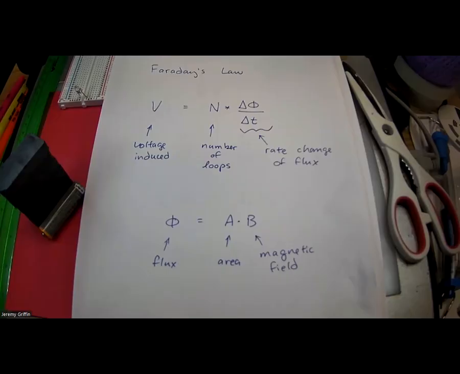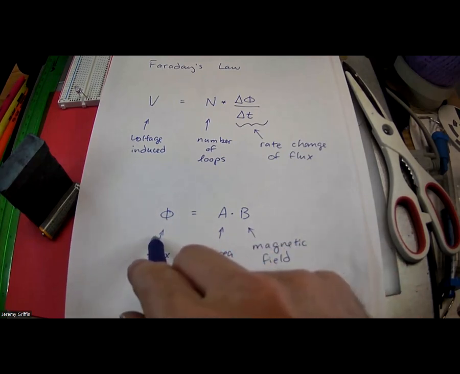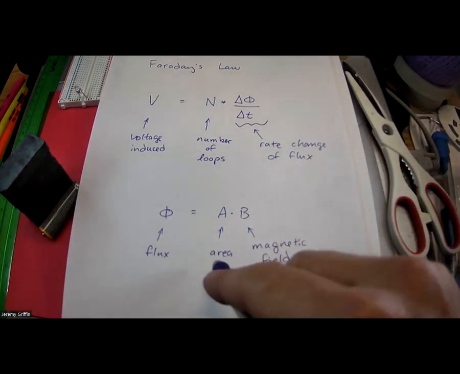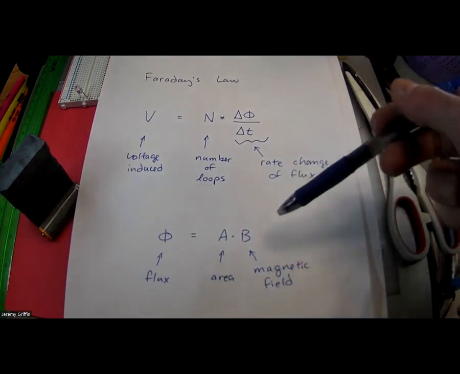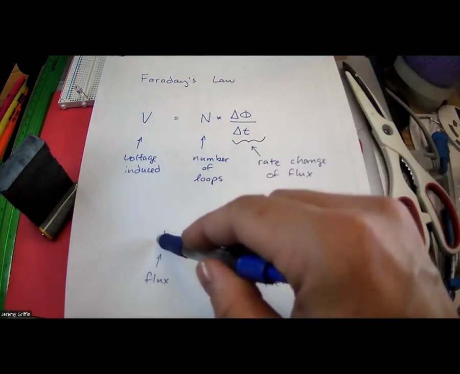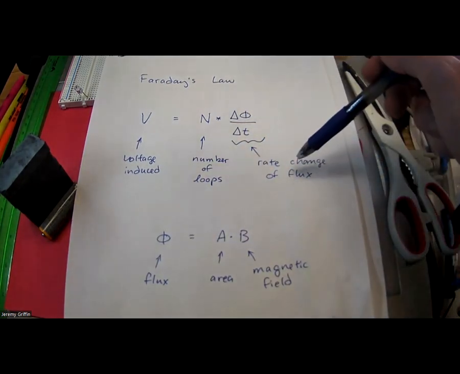Hey, yo. All right, so I'll show you guys the math of Faraday's law, and then do a demo with this. Okay, so you guys remember that last animation you saw? Flux was area times magnetic field, right? And then times cosine of the angle between. Okay, so like a dot product. Right now, if you turn that flux on and off, that's what this is, right? Delta phi is like a change in flux per change in time. Okay, so rate change of flux, right?